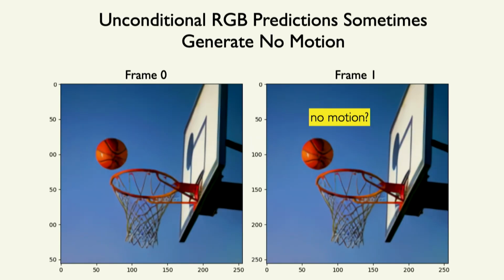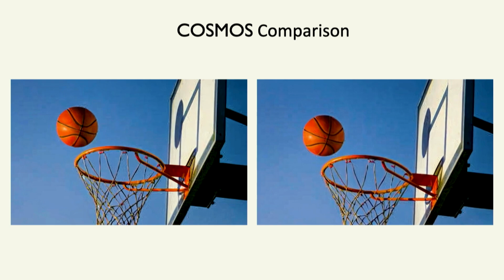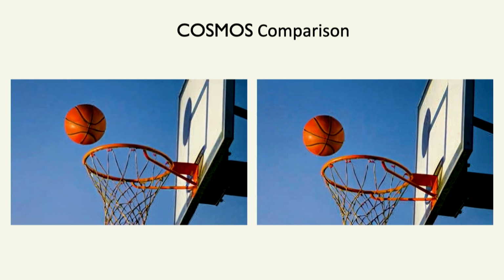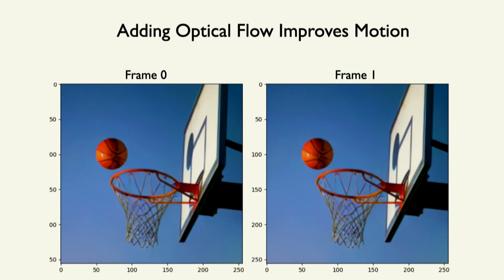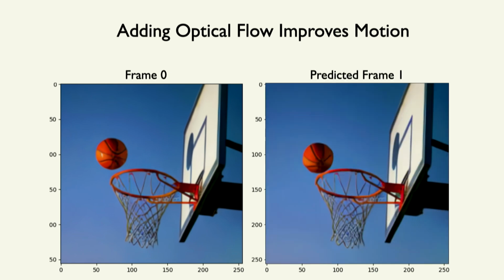And so we'll show some examples where the base model, this is our RGB to RGB model, basically made no motion when prompted with this image. And it's not just us. Even Cosmos, which is like an industry model, when prompted with this image, will only do like camera pans, will actually not resolve the physics. But when we do the flow intermediate, the model first resolves, aha, the ball moves, and then actually moves the